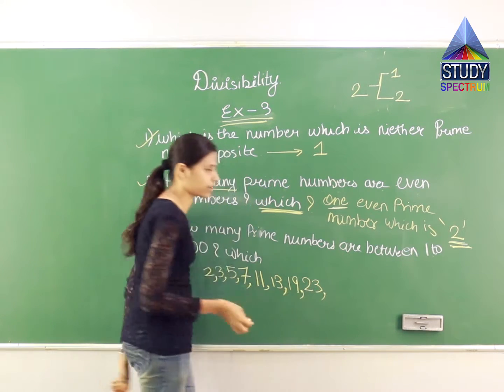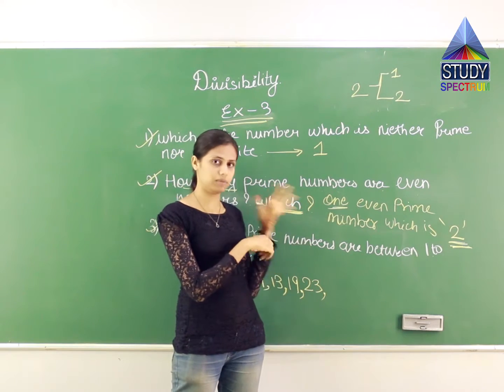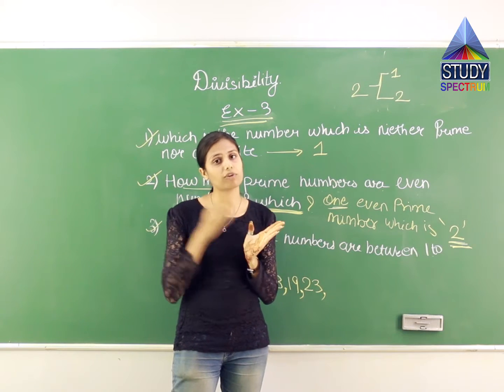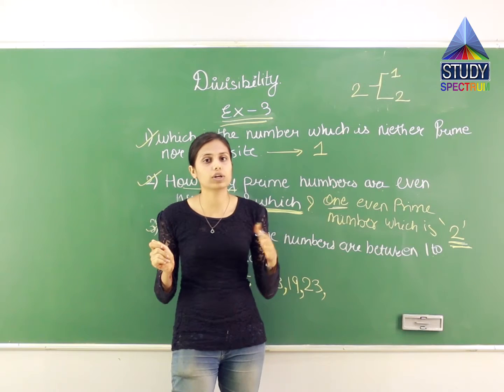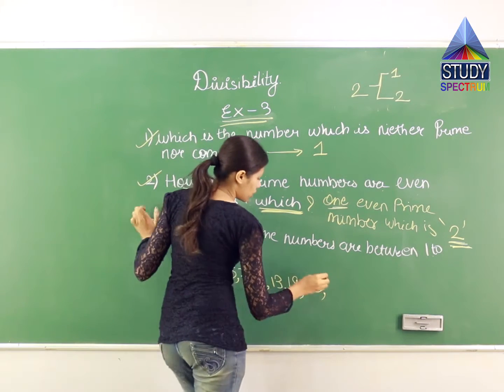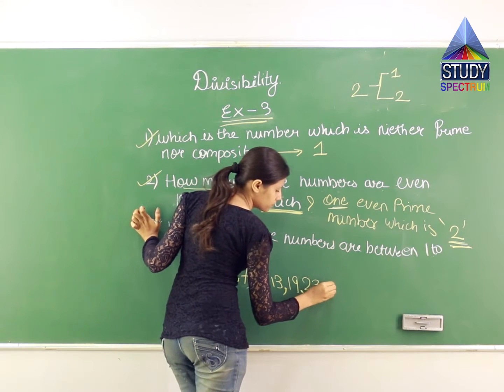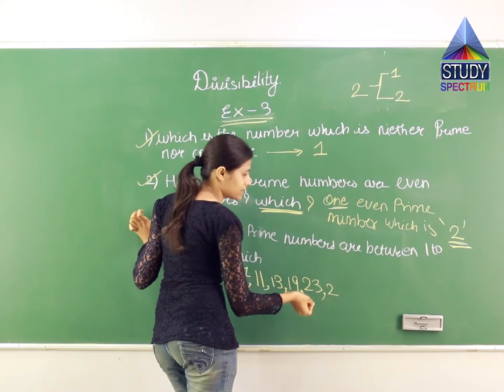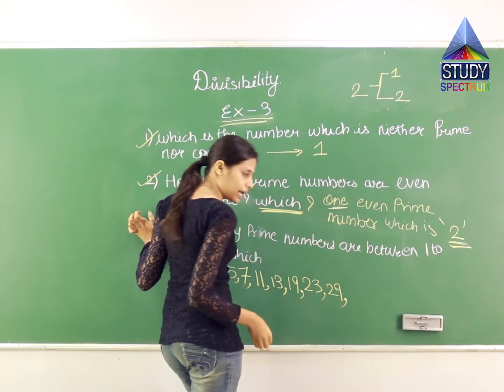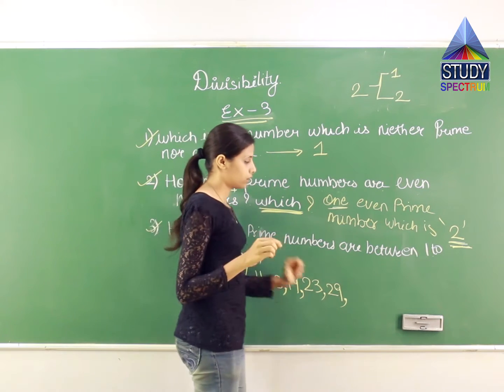You have to just check first of all, before this chapter is based on tables. You have to learn tables by heart from 1 to 20. Then only you can move ahead. Okay. So 23 also does not come in any of the tables except 1 and 23 itself. Then 29. 29 भी किसी के टेबल में नहीं था.